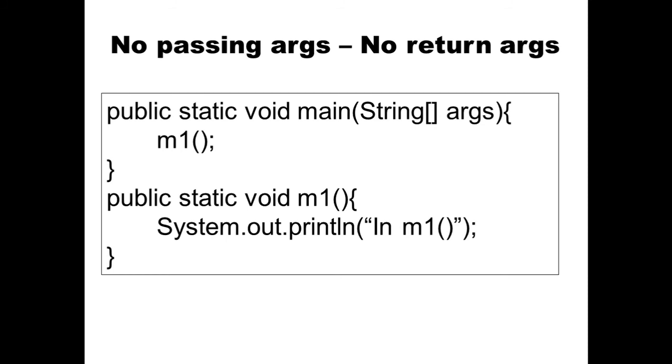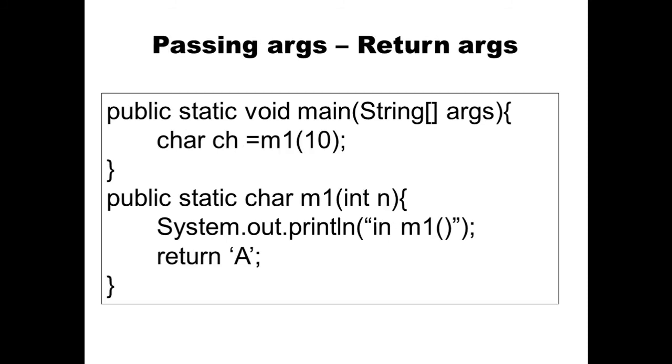Passing argument, returning argument. See here, how will we define which type it should return? Here we are calling a method and accepting its data inside the char data type. So whenever we define a method, we should write its return type as char. Why? Because we are calling it with the char data type here. See here, char ch. So its data type will be char. So while returning, it will return a char value only. Either we can have it inside a variable and return that variable, that is a different thing, but the data type should be the same.